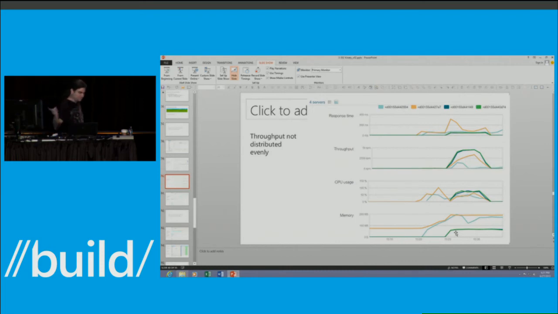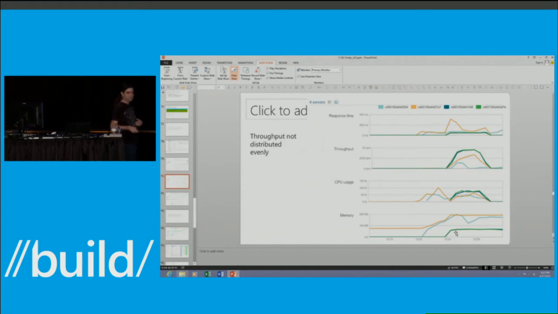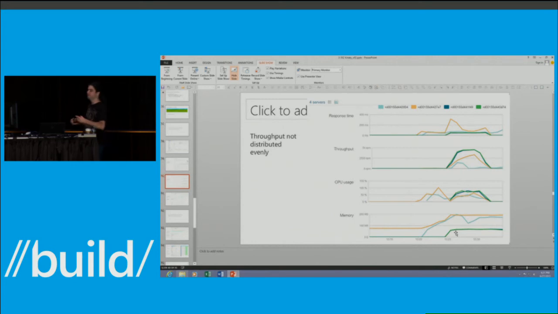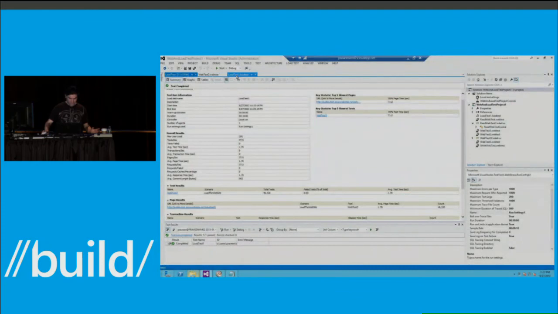And the reason is exactly that ARR affinity cookie, because what you're seeing here is that all the requests basically came in and weren't distributed well. Now, you guys should be saying, hey, something doesn't really add up here. You're lying, and I'm lying, but only a little bit, like really, really a little bit. The reason is that I have set up some of my tests, for example, like this one,